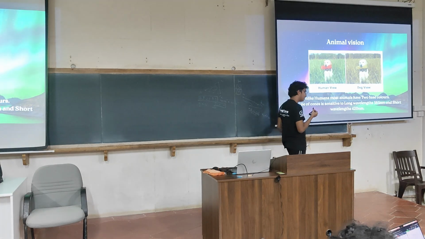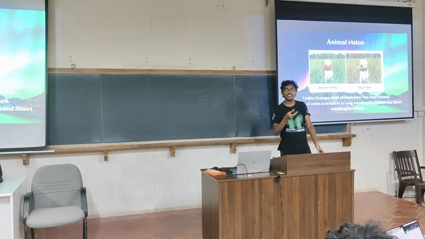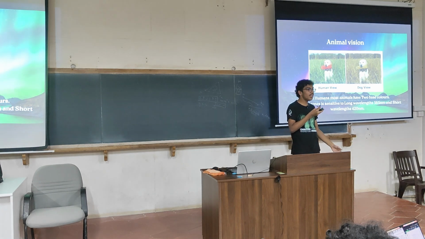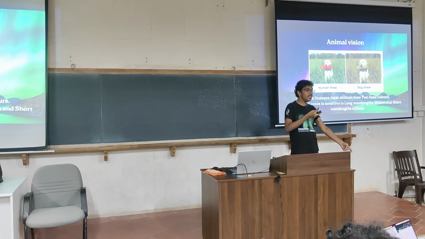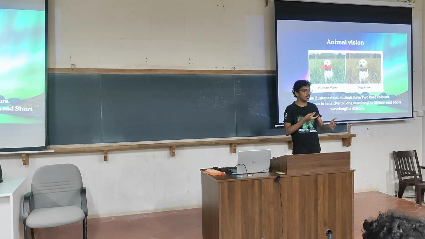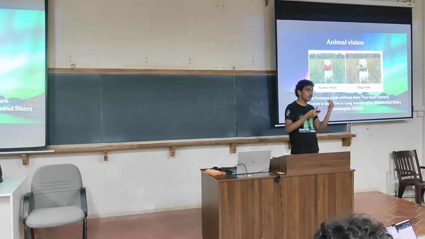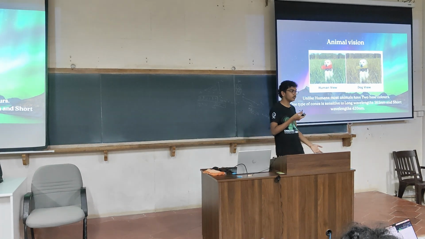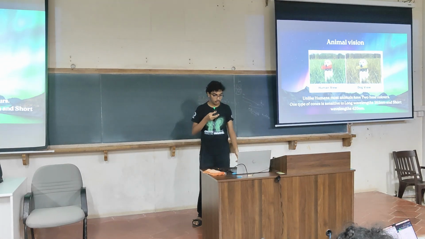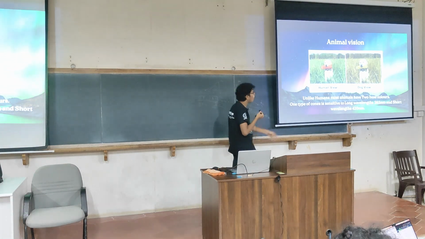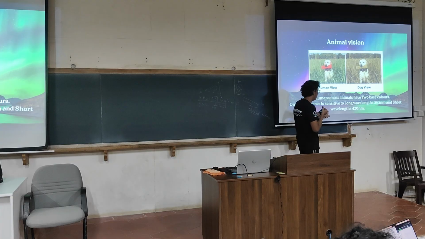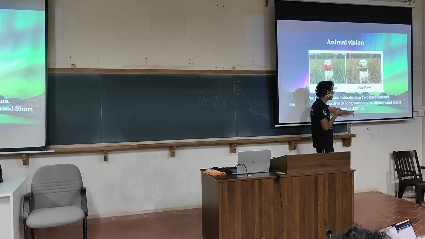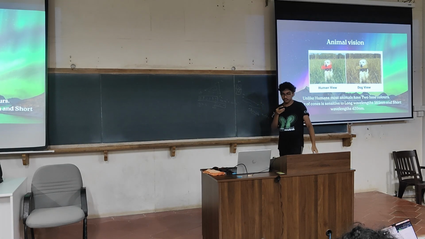So that is why tigers are orangish in color, though they are in a green jungle. So it should be easier for deer to spot them, right? But deer can't see them because they are red-green color blind. So tigers look the same as the background, green in color, so they can hide in the background. So for dogs specifically, the maximum value occurs at 420 nanometers and 565 nanometers.